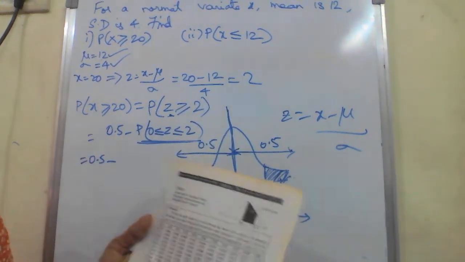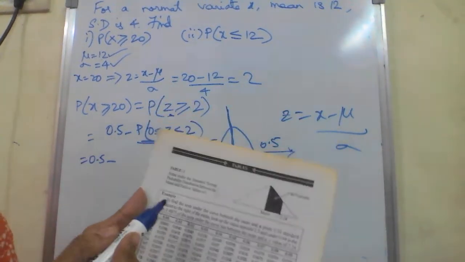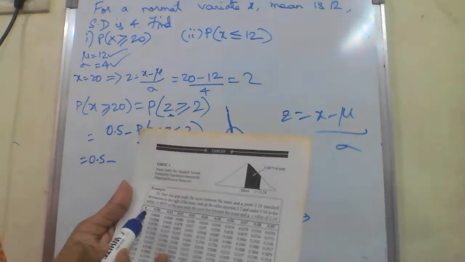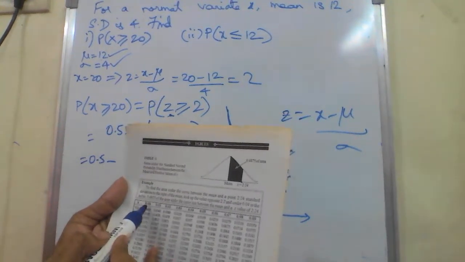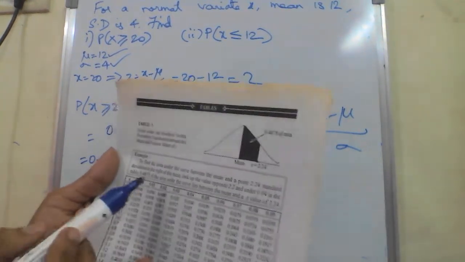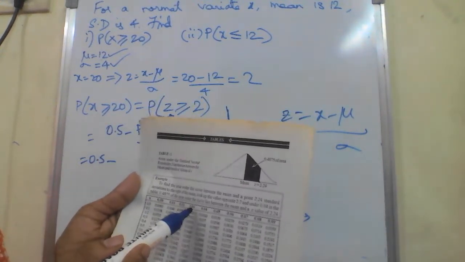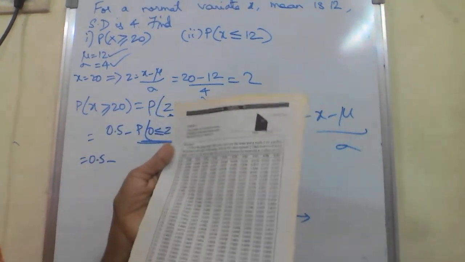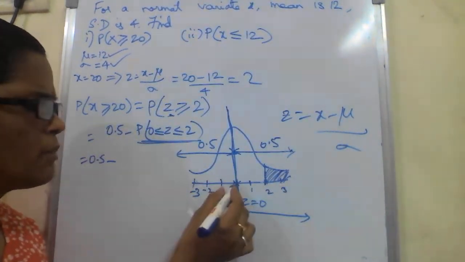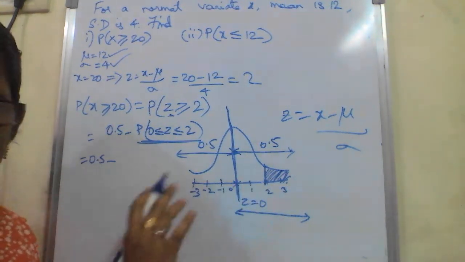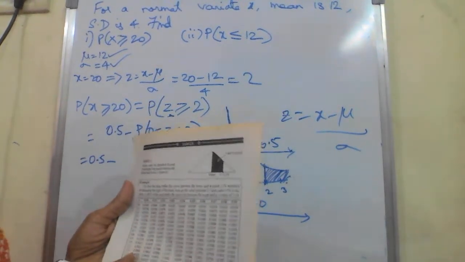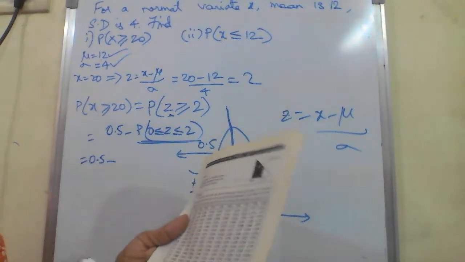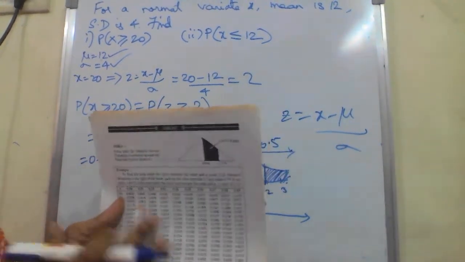So from this particular table, see, if you look at the table clearly, here you have the x value, and on the top you have 0.00, 0.01, 0.02, 0.03, and so on, and here 0 to 3. I told you the total values in the graph will be from 0 to 3 only, plus 3 or minus 3, because the values he has given you in the graph are the probabilities. So you can't take them as minus values. These are all probability values.